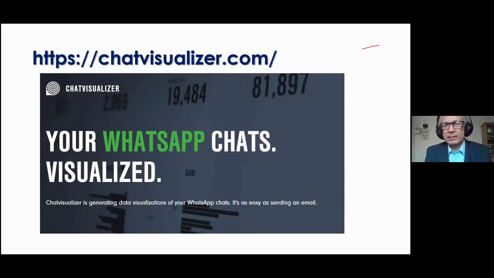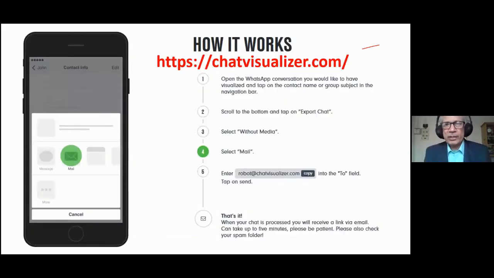This is the website chatvisualizer.com. How it works: you can try it right now. You go to that particular group for which you want to have the analytics generated. If your Android phone is there, click on those three dots in the upper right corner and export that chat.